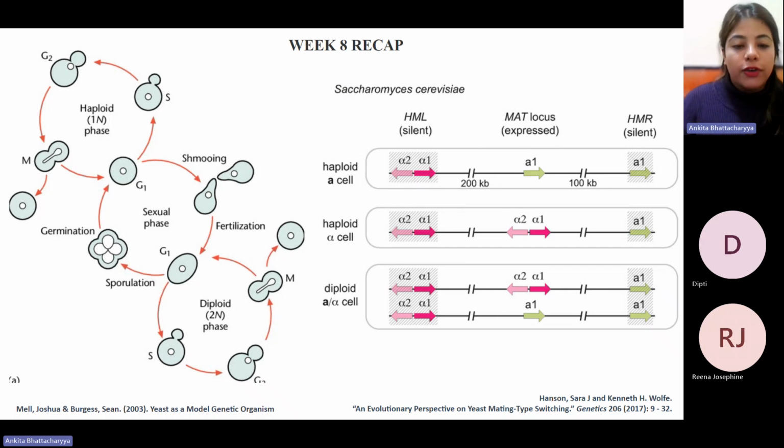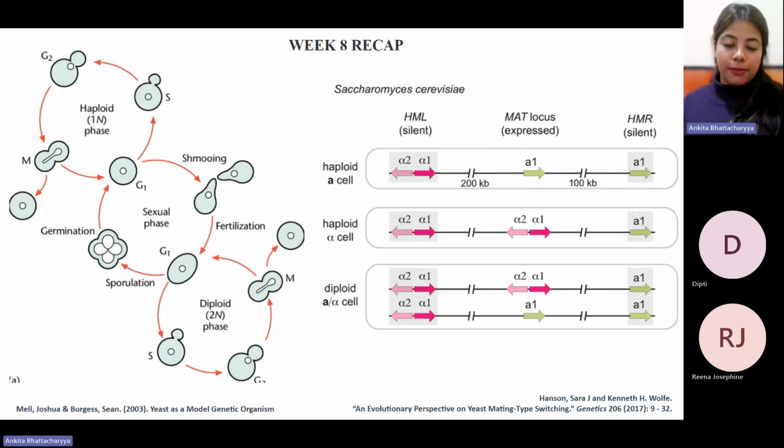Then it goes through G2 phase, and finally in M phase, we see that there is division of the nuclear or genetic material as well. As a result, the cell that is formed will enter into a condition which allows it to go through another round of division, and simultaneously it will release a bud.